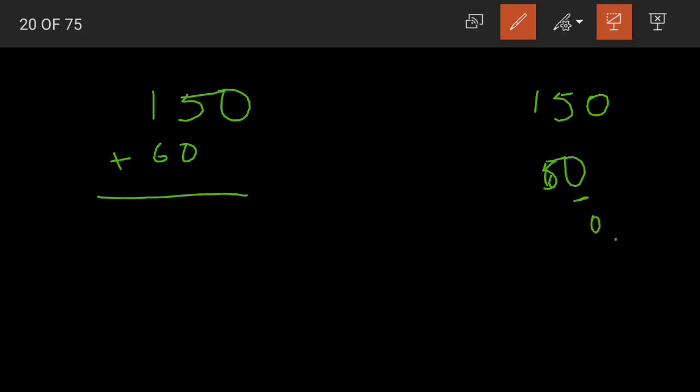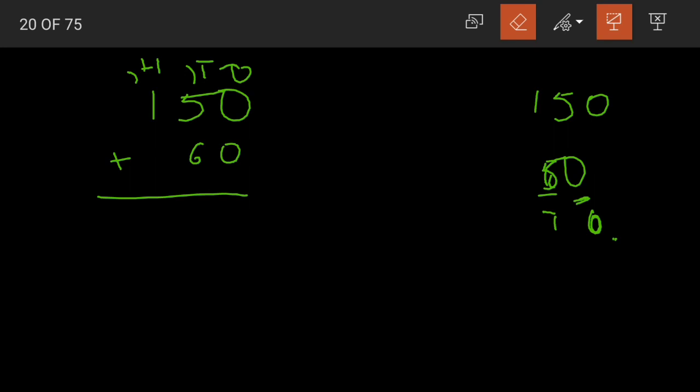0 is in ones place here. If you write the place values upon 150, actually 0 should be in ones place. But here 0 is in tens place. 6 should be in tens place, but it is in hundreds place. This is wrong, right? What is the correct way to write? It should be like this. The place values of the digits should not be changed. So always remember, this will be the first step while adding or subtracting.